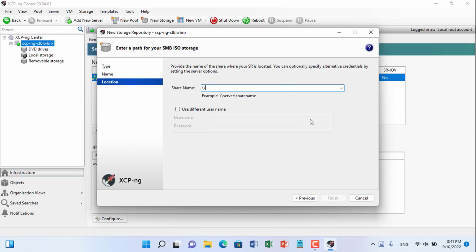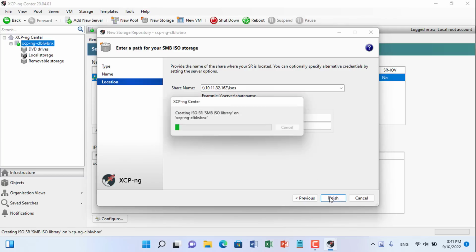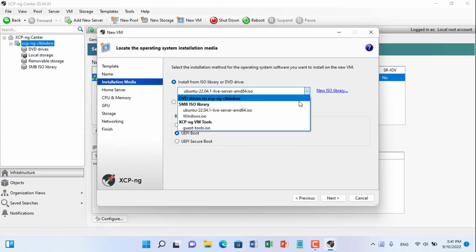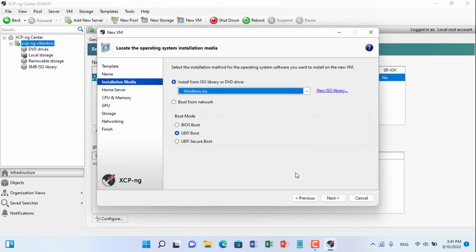Here you enter the IP address and the name of the shared folder. Next you enter your username and password. As you can see, the list of ISO files has appeared for you to use, and we move on to the next step.